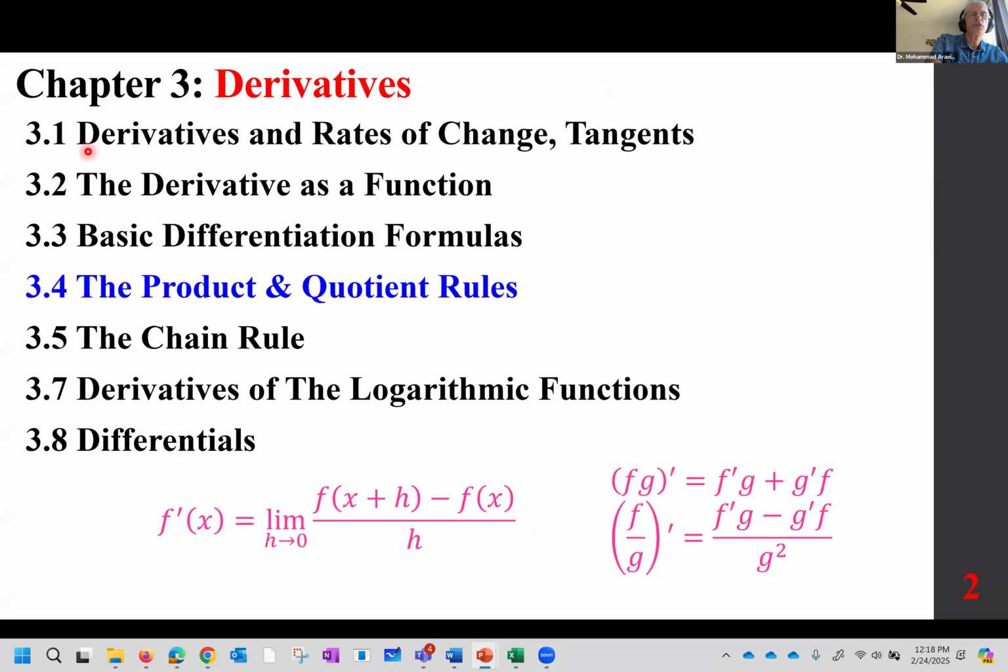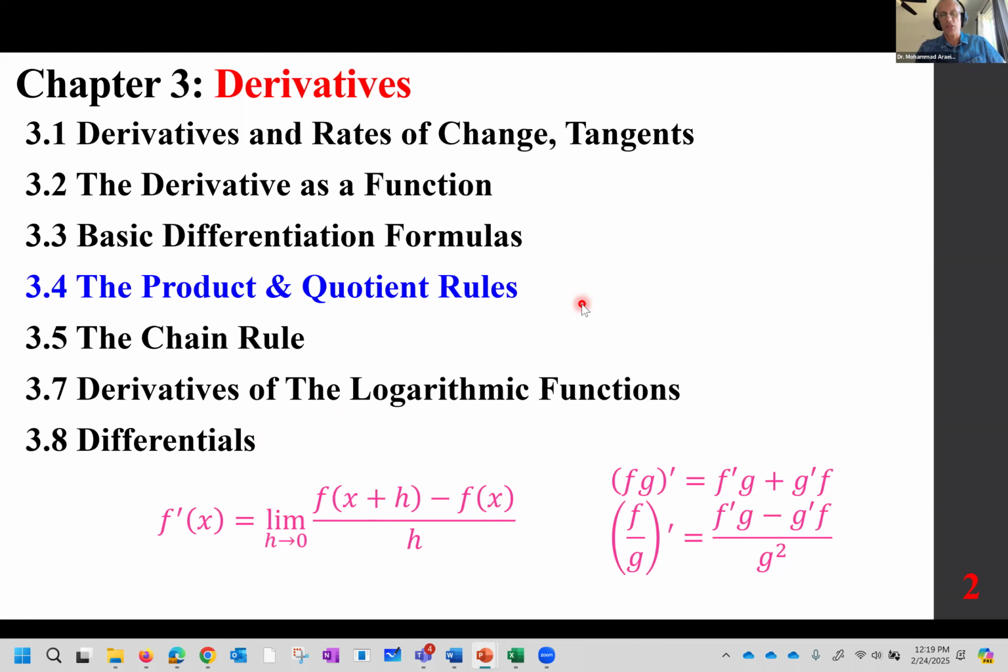So we looked at the first two sections, derivatives and rates of change, and the derivative as a function, where we have to use the definition: f prime of x is the limit of f of x plus h minus f of x over h as h approaches 0. Then basic differentiation formulas in the previous section, and now the product and quotient rule, and we don't need to use